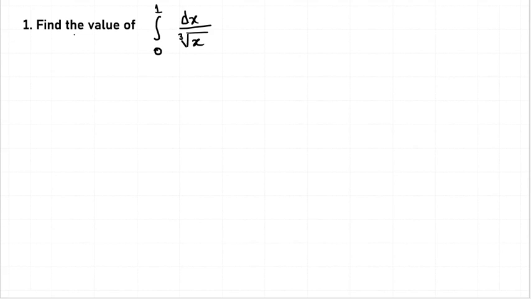Let's see this example. Again, let's check if any of the limits is infinite. No, so it's not a type 1 improper integral. What we have to check is to keep the denominator equal to 0. This gives you x equal to 0. So the function is unbounded at 0, because you are integrating from 0 to 1. So what do you do in this case? Again, we will make use of a limit, similar to what we did in type 1 improper integrals. So we rewrite it as